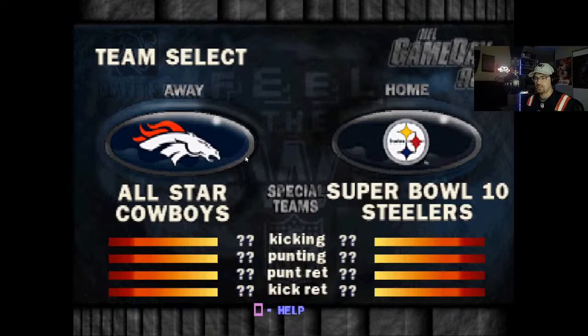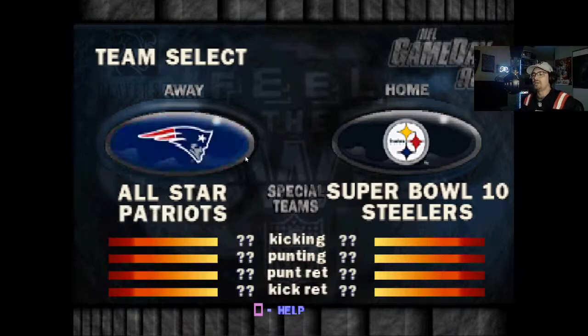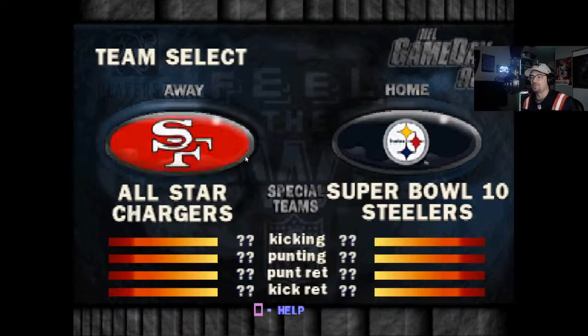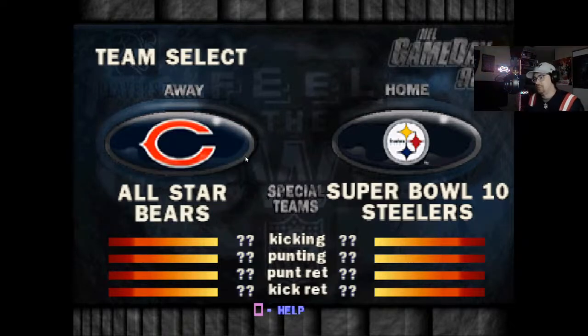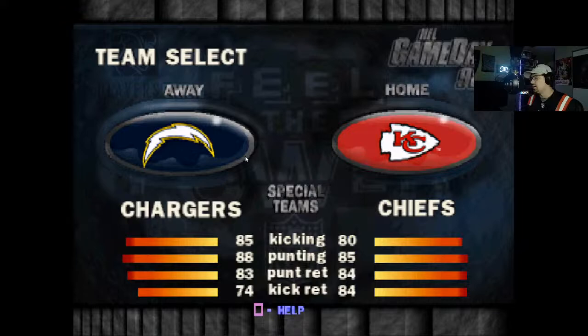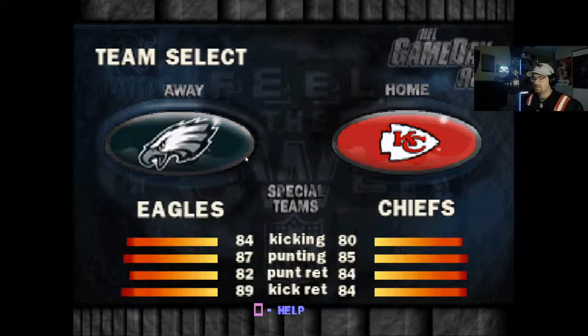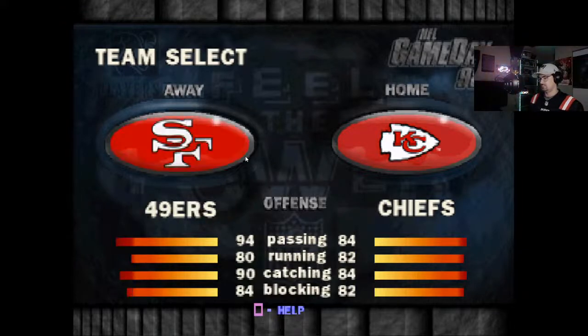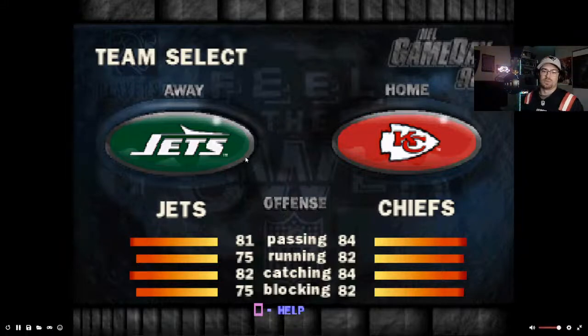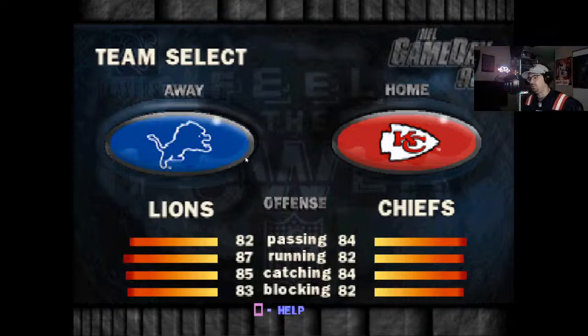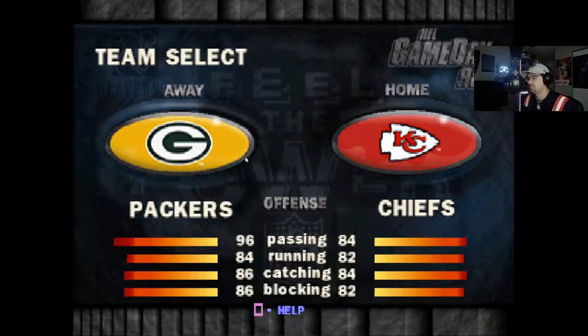You got all-star teams, which is back in this time they used to pick the best players at each position based on all-star rosters, and you got to pick them. So that was kind of cool. We'll go with this one. I love that instead of having just an offense and defense, you can actually see what kind of stats there are for each side. So maybe you want to be a running offense, you can pick a team with a very good running offense, pick a team with a good running defense.